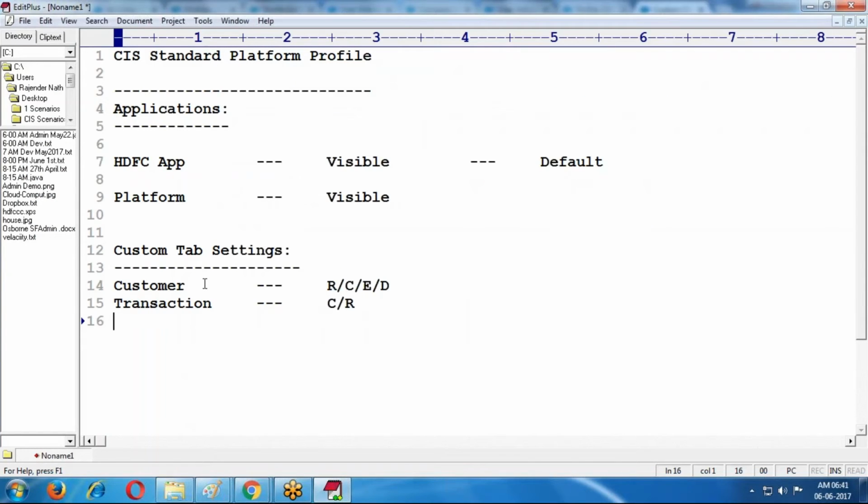Now the student object: create, read, edit, delete.